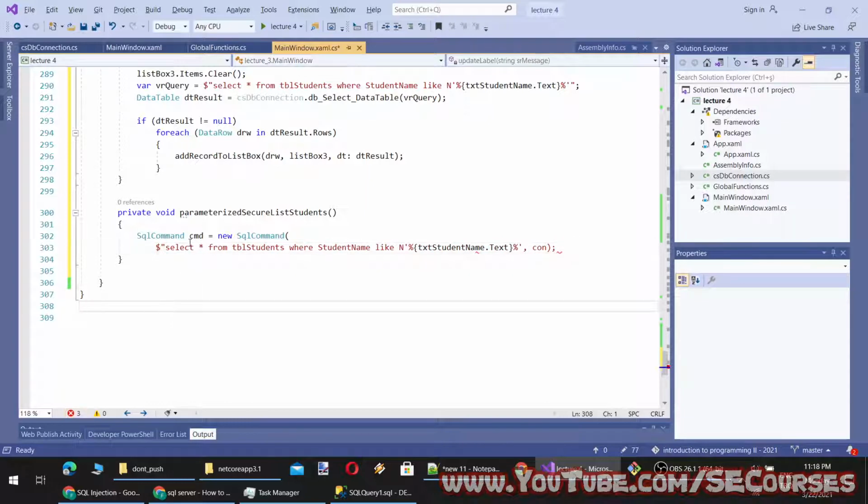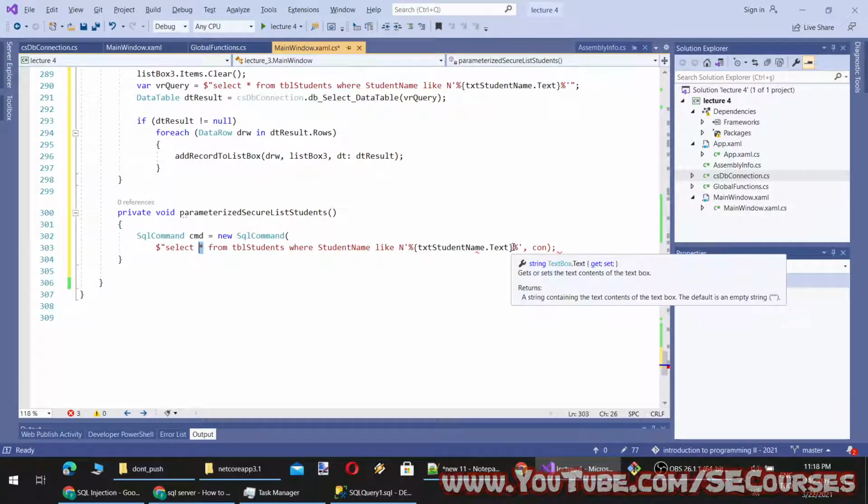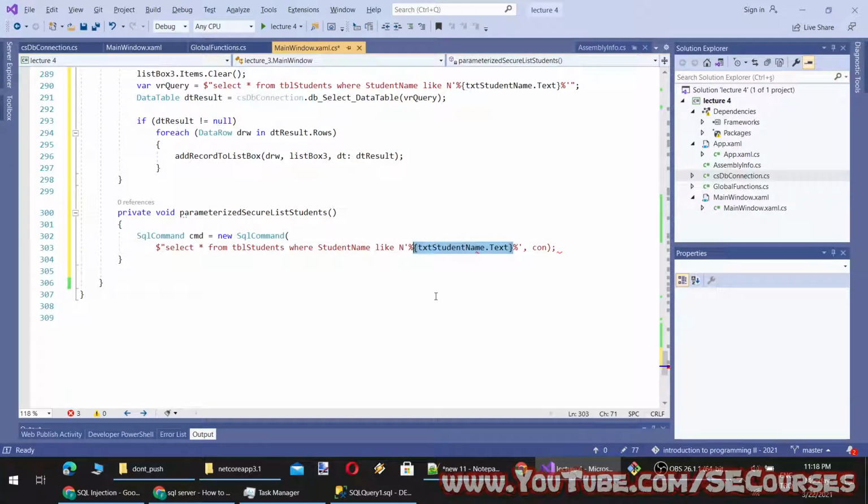It will be like this. Select everything from TBL students where student name like, and here it will get a parameter. The parameters are defined with the at character in front of them, and it will be something like this. I will call it parameter name here.